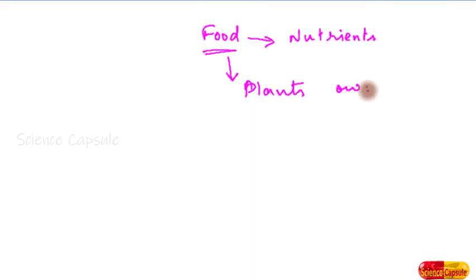So we have learned that all living organisms require food. Food is very important that every organism requires, right? So when we talk about food, then we should have the idea of nutrients. We have got 5 important or vital nutrients required for every living individual, right? All the green plants make their own food. Plants make their own food, whereas animals